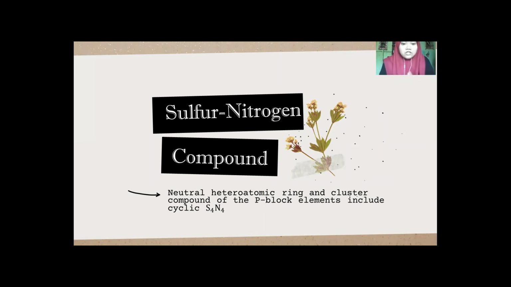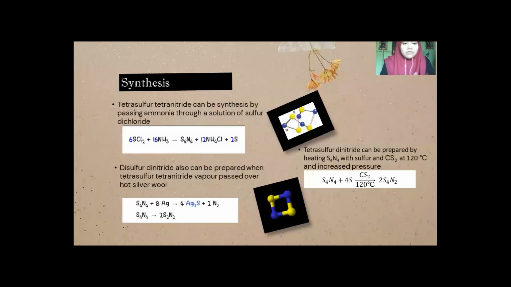Sulfur nitrogen compound is a neutral heteroatomic ring and cluster compound of the p block elements, including cyclic tetrasulfur tetranitride. Sulfur nitrogen compounds can be synthesized. One of them, tetrasulfur tetranitride, can be synthesized by passing ammonia through a solution of sulfur dichloride, just like